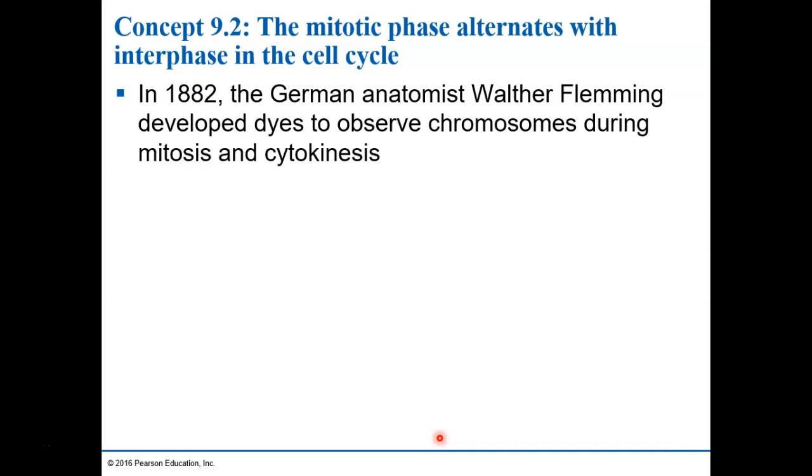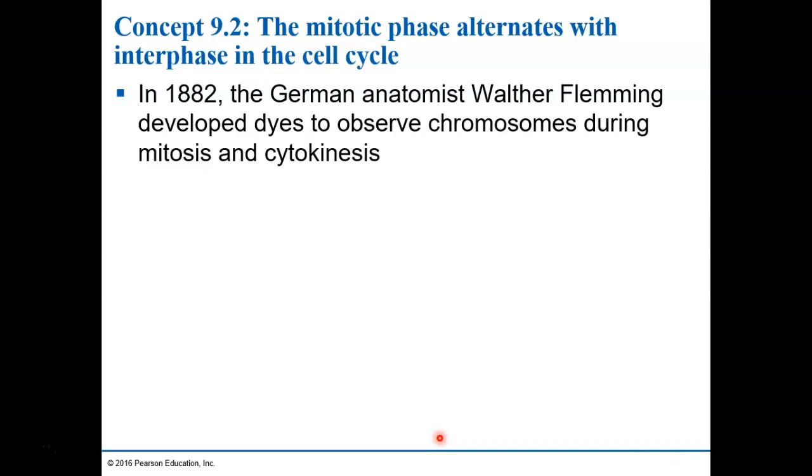So 9.2, the mitotic phase alternates with interphase in the cell cycle. So this is where it gets a little bit interesting, thinking about the process of science and the development of microscopy and tools to understand this. So mitosis was identified in the 1880s. And as I already mentioned, an anatomist, Walter Fleming, made dyes that he could observe chromosomes,